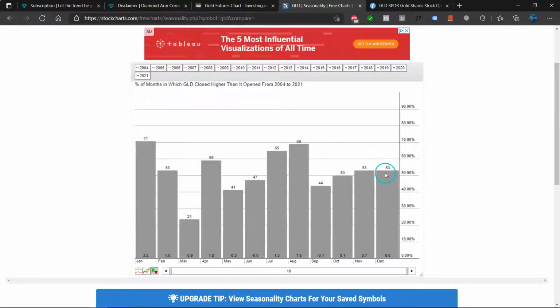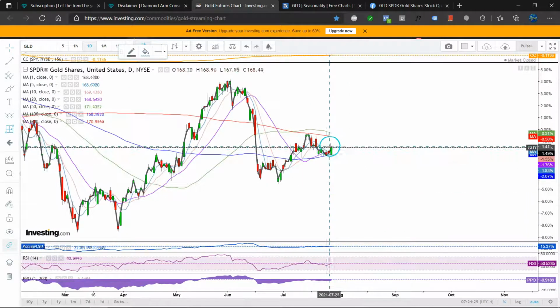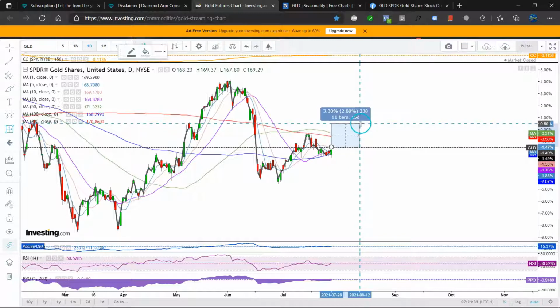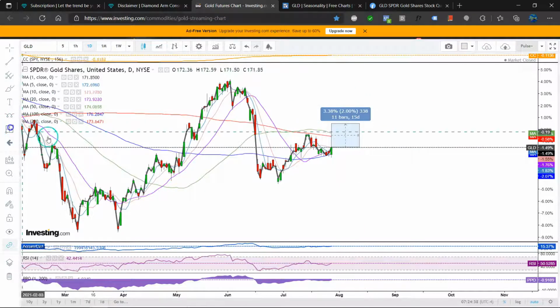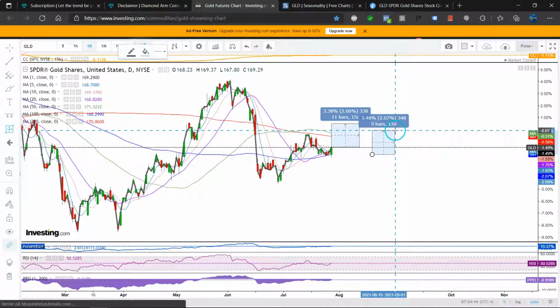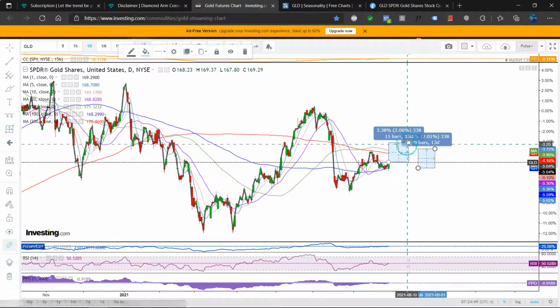When we go to the last 18 years, then we do see that August is very promising. The only month that is stronger than August is January, and the average gain for August is around 2%. So let's actually measure that, where would that get us? If we measure from the current level here, a 2% move would get us above these two key moving averages. Let's also compare it from this point, 2%. Yeah, so 2% does enable us to get above those very key resistance levels.